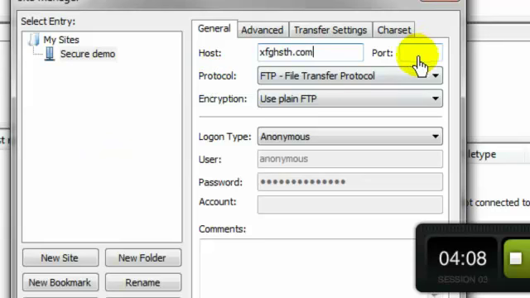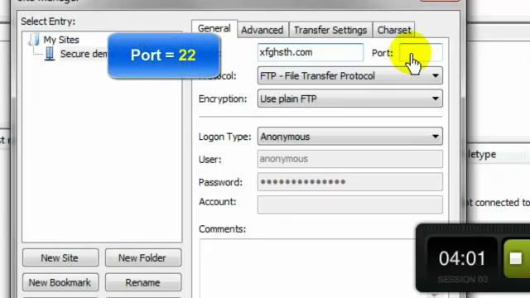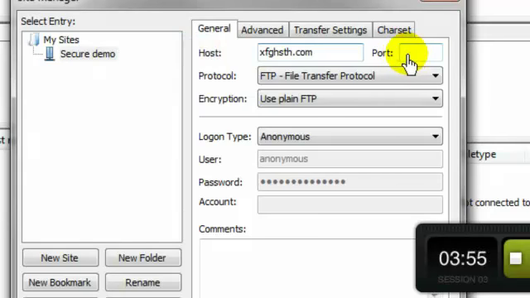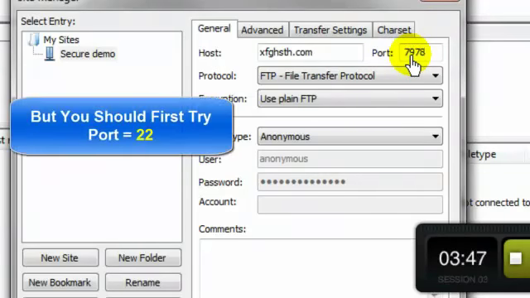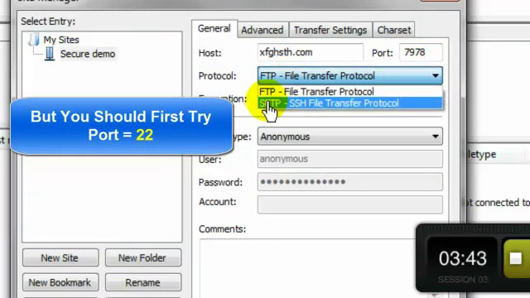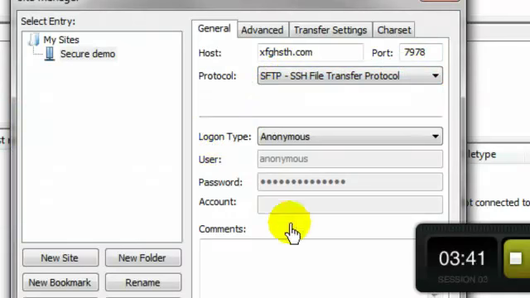Now under port, this is where it got a little hairy for me. I put in port 22. That's what you're supposed to do with secure transfer or for the SFTP. But that did not work for me, so I contacted my hosting company, which is what you want to do if it doesn't work for you. And they told me, well, for me, I need a different number, 7978. Now here under protocol, hit that drop down, go to SFTP,